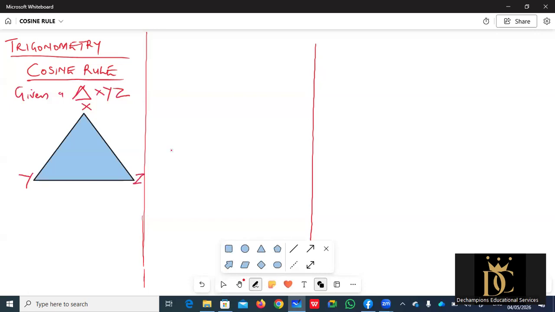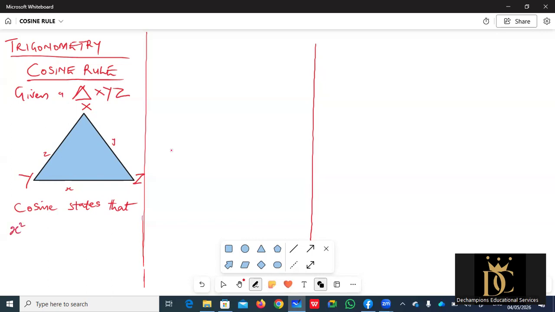The side opposite this angle X will be our side X. The side opposite angle Y will be our side Y. The side opposite angle Z will be our side Z. So we are given this triangle XYZ. Now, what does cosine rule say? Cosine rule states that